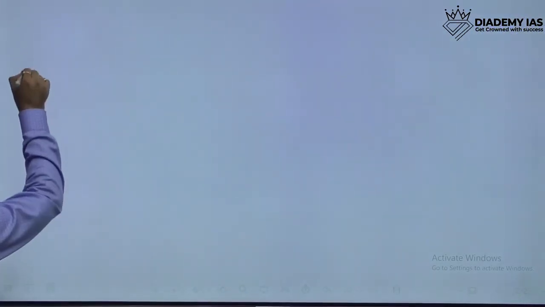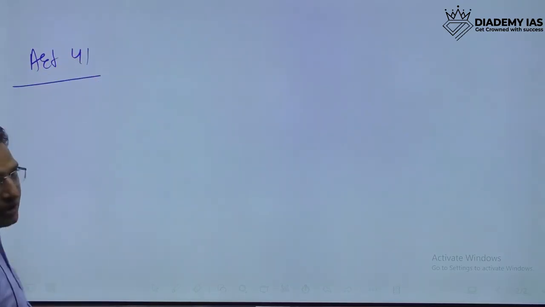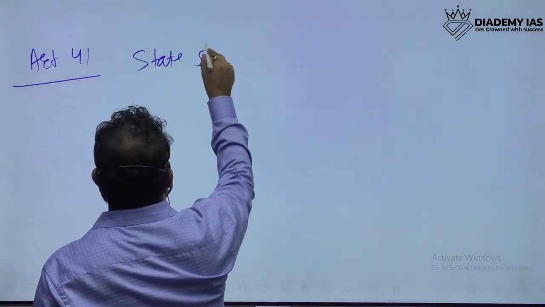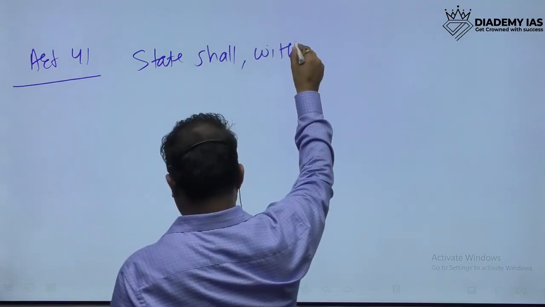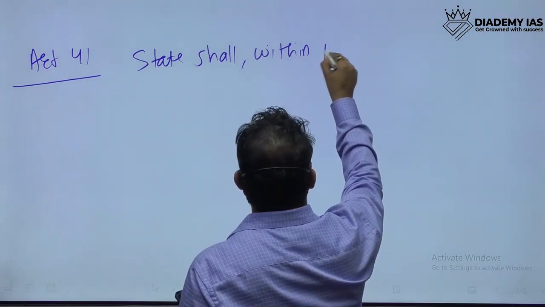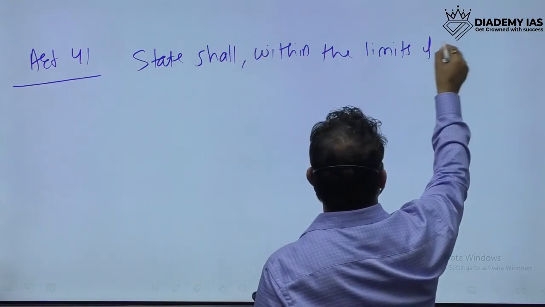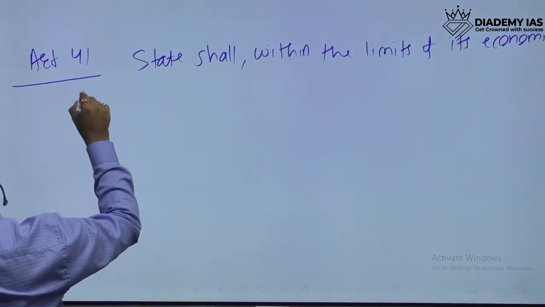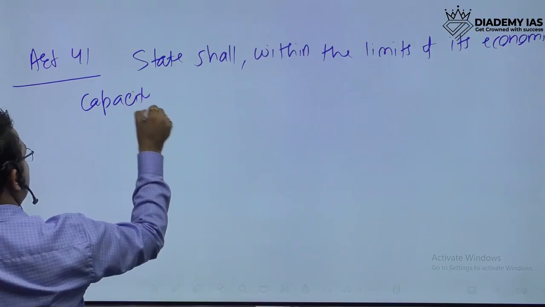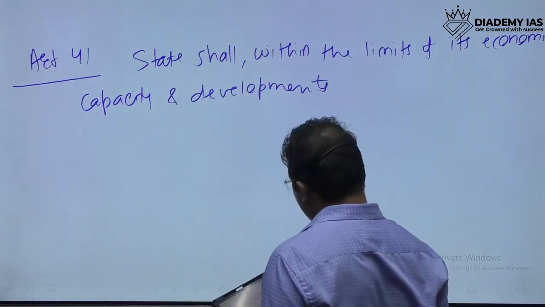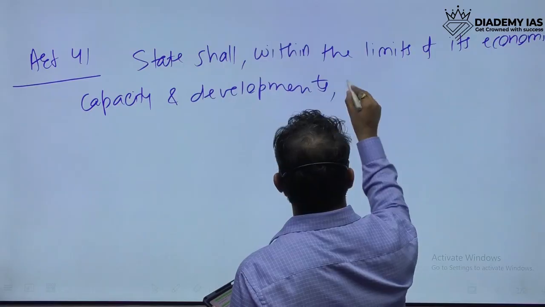Then Article 41. Article 41 lays down the provision that the state shall, within the limits of its economic capacity and development, make effective provision for